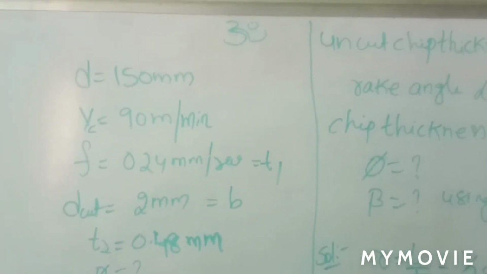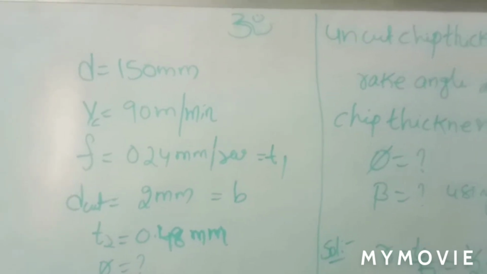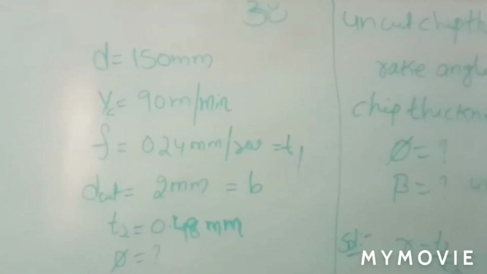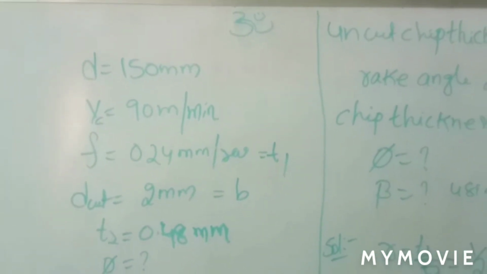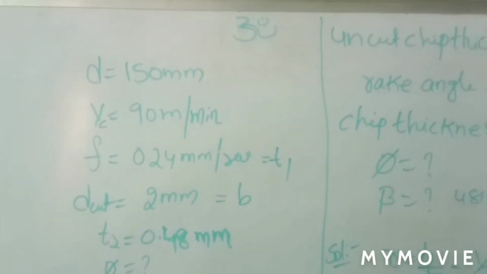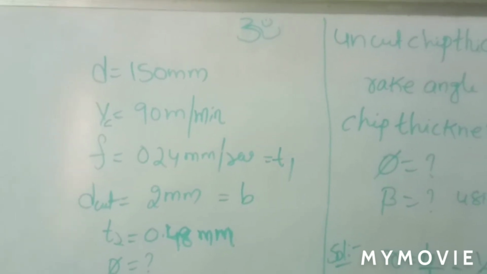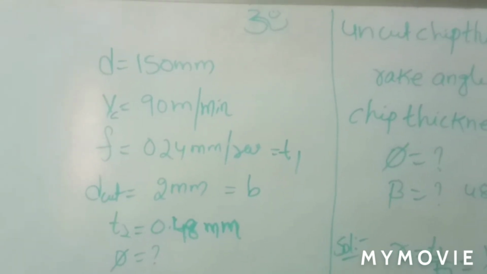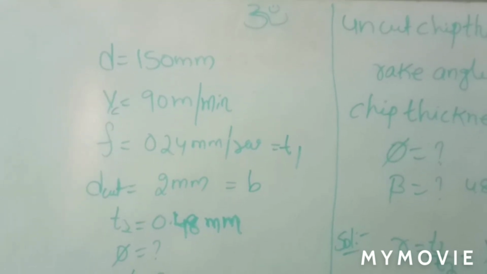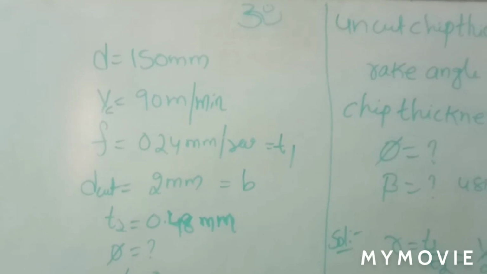So this is another important GATE-related problem in metal cutting, especially. Again, in this case the same procedure is repeated, but you have to understand the concept, that is, what they have mentioned in the given data, and try to apply your concept to the problem so that it is very easy for you to solve it. No matter what the given data is, first you have to write down the given data.